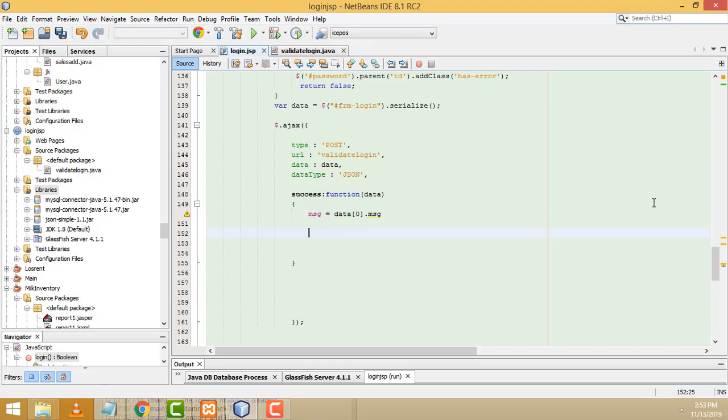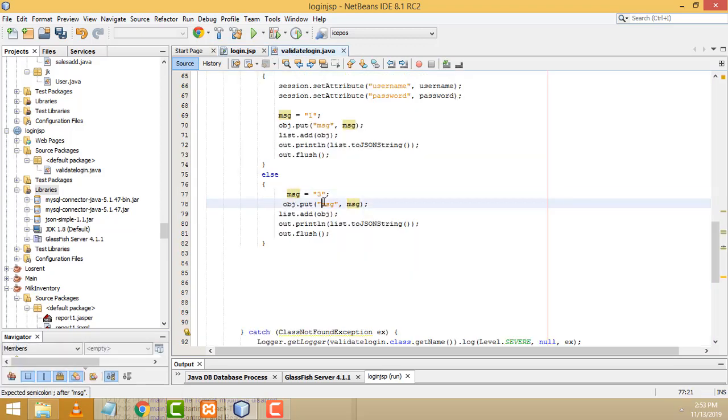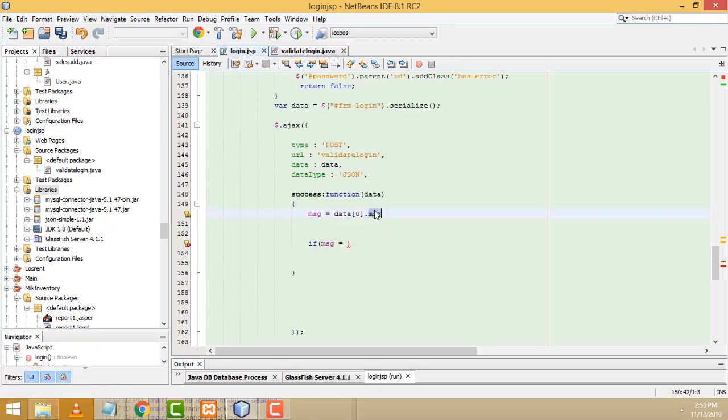So here we have to write if msg message equal your message. You are sending the message here, this object you are getting here, passed into here. If the message you are getting here is 1, what happens is,